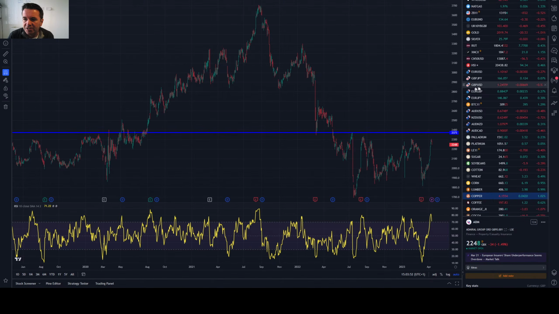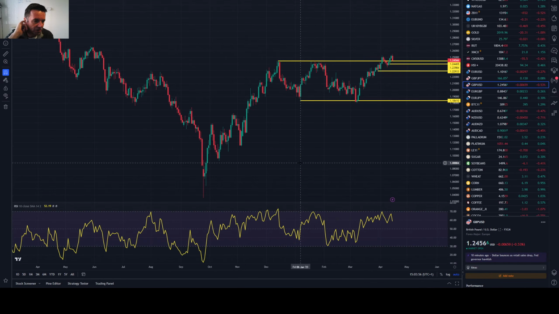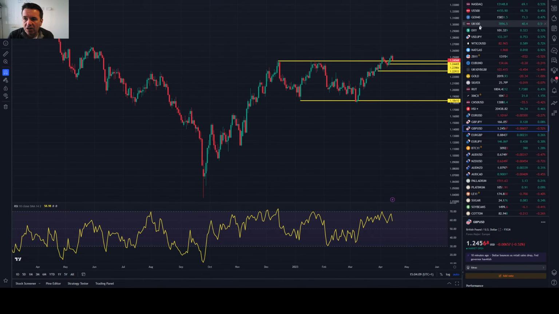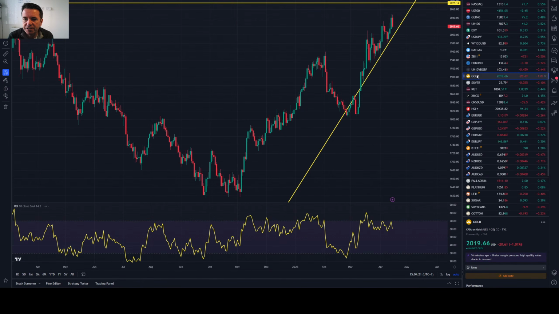Let's see. And just a quick one, just on that pound against the dollar. A lot of the things against the dollar do look like this at the moment, because the dollar is at a big level. The pound and the euro hit significant highs today and yesterday, but so much of it does depend, as I said at the beginning, on the dollar index. Do we see the dollar index rally off these lows next week? We'll see what happens. So for me, that and gold are the two markets to watch next week.